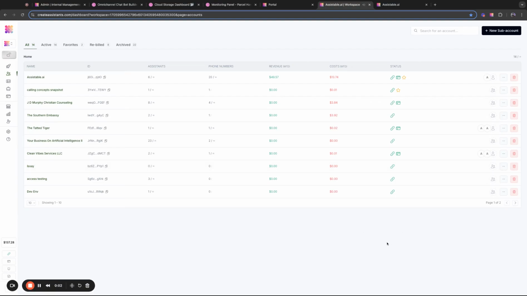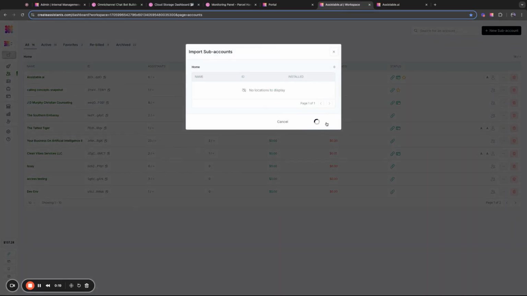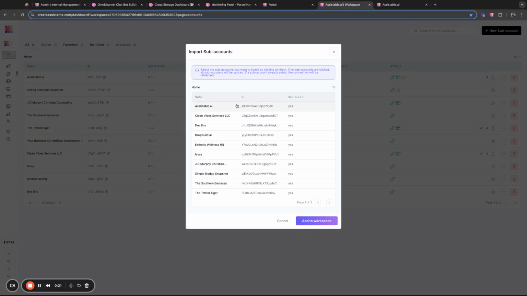Here's a fun tip. If you want to bring in all of your sub accounts here, instead of using the custom menu link, there is an option here. If we click new sub account, you'll see import installed from GoHighLevel. You see the little GoHighLevel logo, and it tells us here what we can do is when we click on this, we can click import, which brings all of our sub accounts from GoHighLevel that have the Create Assistance application